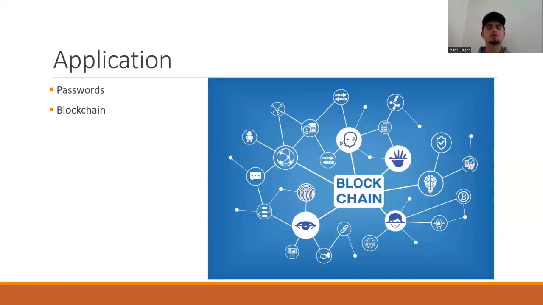So the big application for this is passwords. This is where it's used right now as well. A lot of companies or websites don't actually save your password. They save a hash of your password so that the next time you come into the website and enter your password, they compare the hash of that to the hash that they had saved. So if a hacker does get onto that website, they don't see your passwords, they just see the hash of the passwords, and there's no way they can actually get those passwords because it's just a hash. Hashes are irreversible, you can't figure it out.